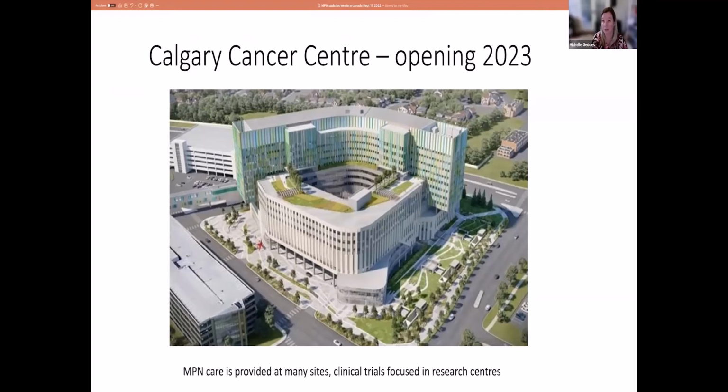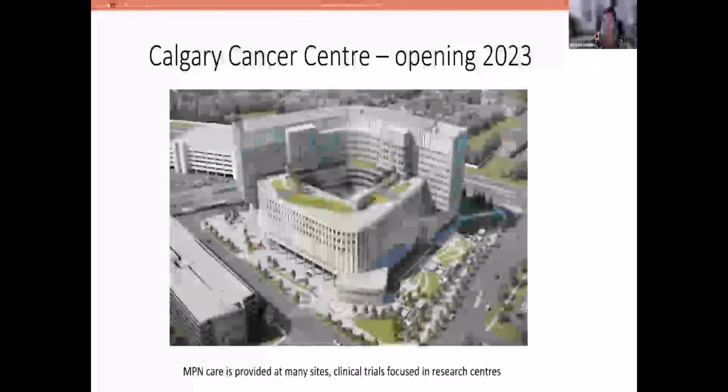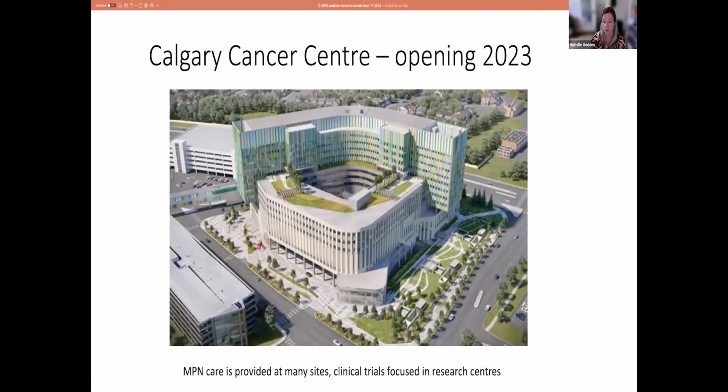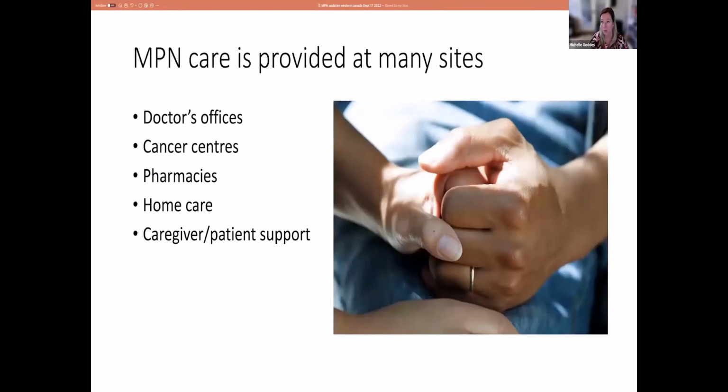And we recognize that we're trying to meet patients' needs in their physicians' offices, in hospitals, in cancer centers, and in smaller centers throughout Canada. So clinical trials are always focused in the research centers. And so, we recognize that there are some challenges that are relevant for people that